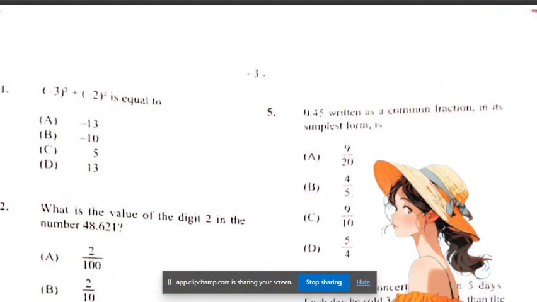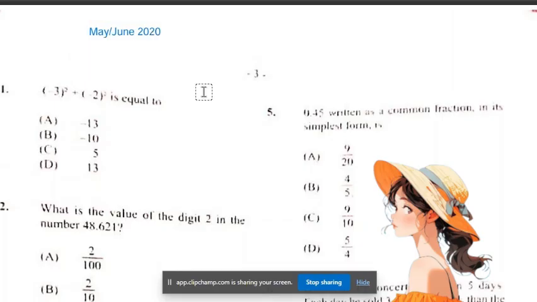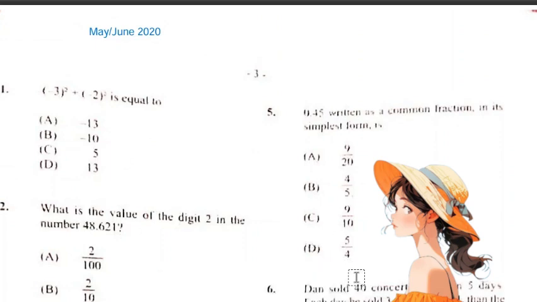Anyways, this is the May-June 2020. Without further ado, let's actually jump into it. This will be the last year that we'll be working. It's a relatively short video, and I want it to be relatively short because we do have a whole lot of other things to do. We have a whole Zoom class. We have a whole 5-hour maths marathon to do tomorrow. So I'm not making this one extremely long because I want to conserve some of my energy for that. So it says here,